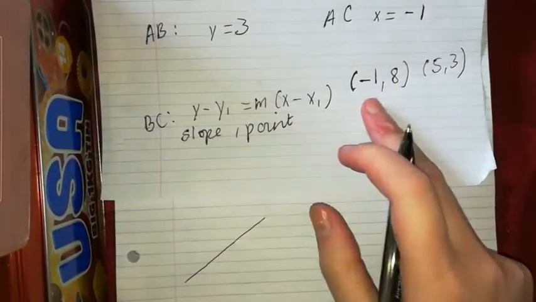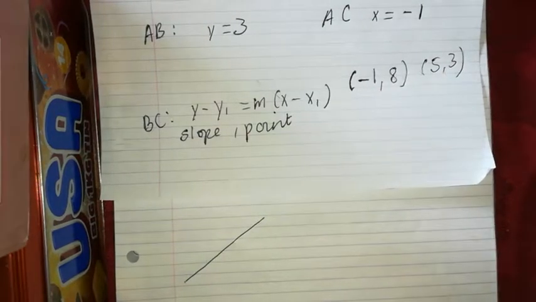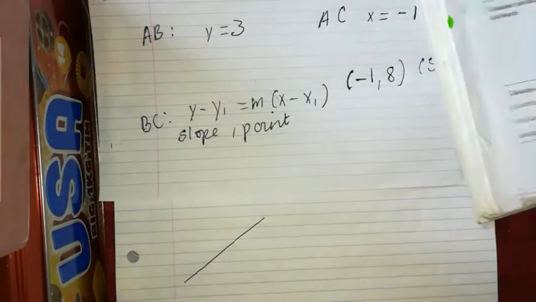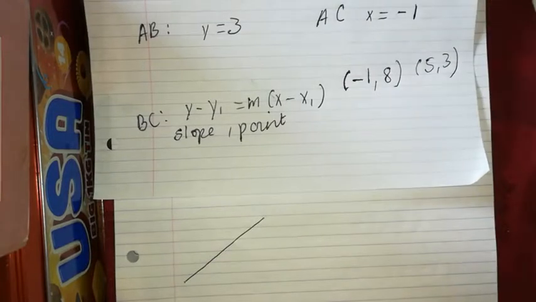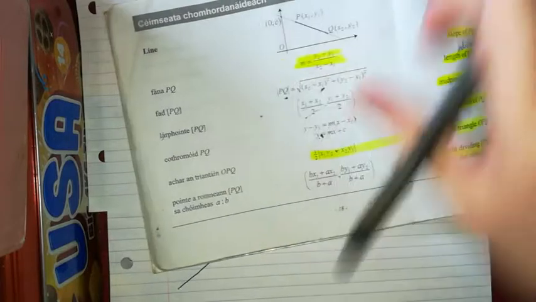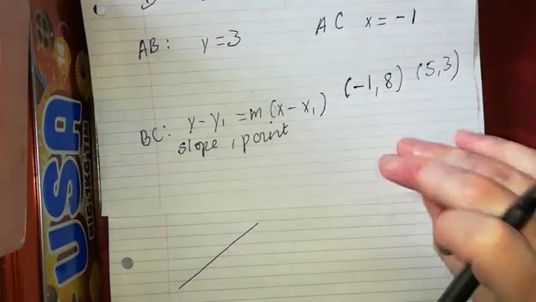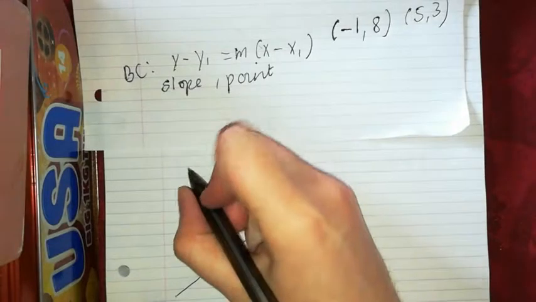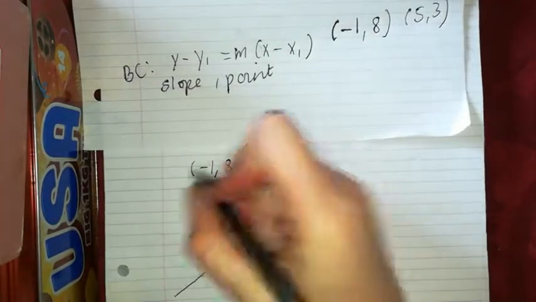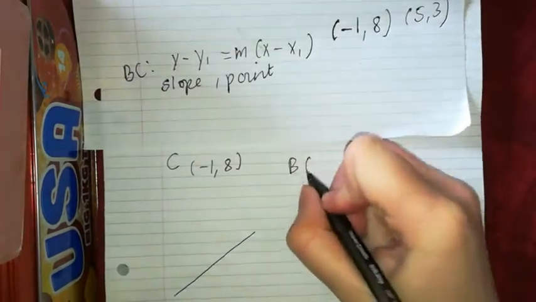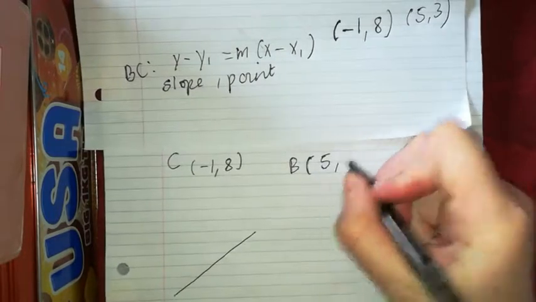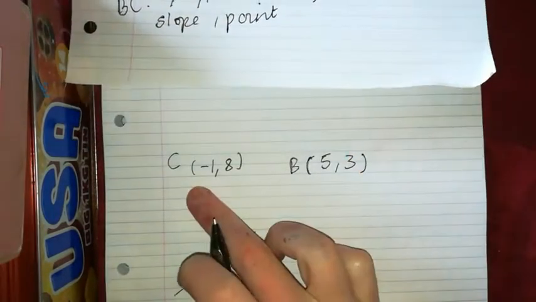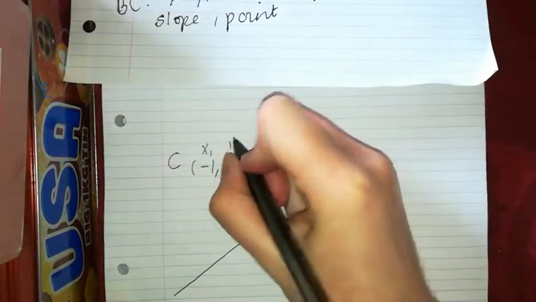So I have to pick the one that has the lowest x value as my x1, y1. The formula for a slope is given by y2 minus y1 over x2 minus x1. But our x1 and our y1 have to be the ones that are closest to the left. So we have -1, 8, and that's C, and then we have B, which is 5, 3. Because C is closest to the left, this has to be our x1, y1, and this has to be